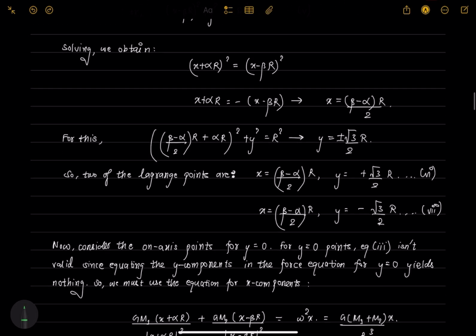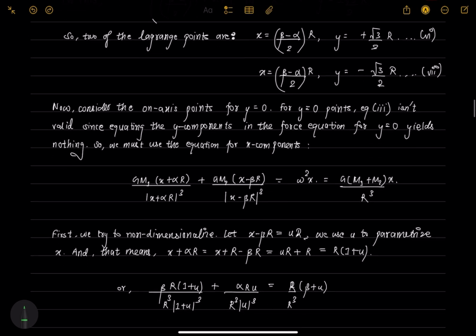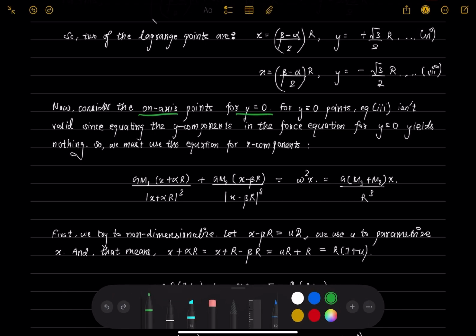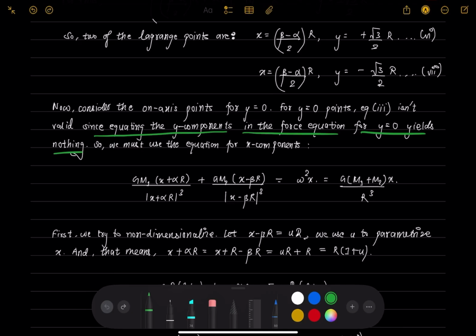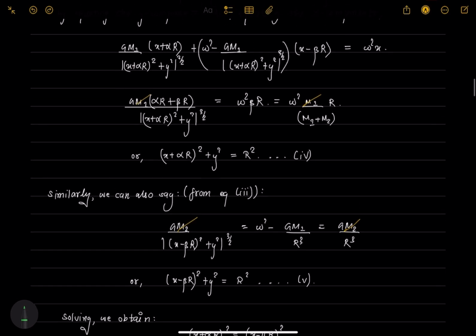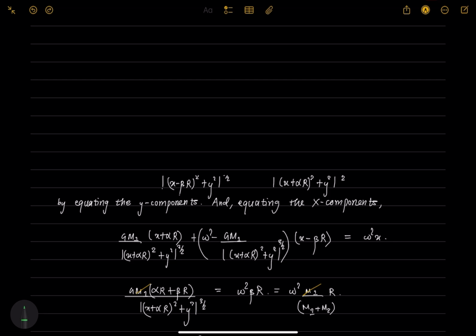Okay, and we're moving on to four more Lagrange points. We're now considering the on-axis points, for y equals 0. And as I said before, if we're looking for y equals 0, then we cannot equate the y components, since equating the y components in the first equation for y equals 0 yields nothing. That yields nonsense. All the y's cancel out. So the equation that we got before by equating the y components,